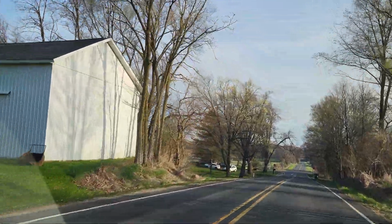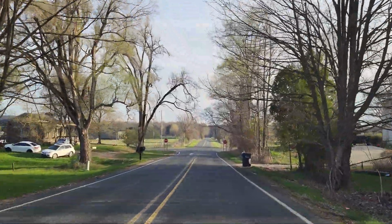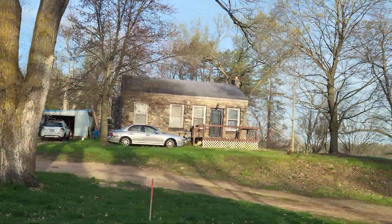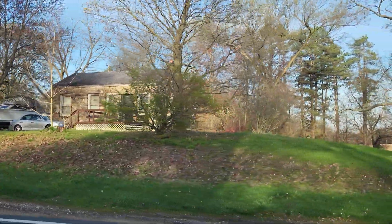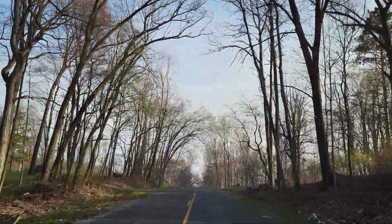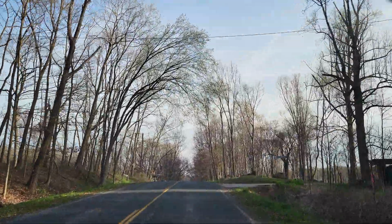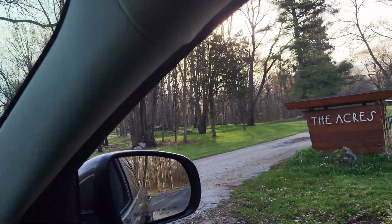Sir, here we are out in the hinterlands this morning on the 24th of April 2025. A beautiful field stone home right here in the corner. Okay, out here just south of Galesburg, you'll find some Frank Lloyd Wright dwellings,